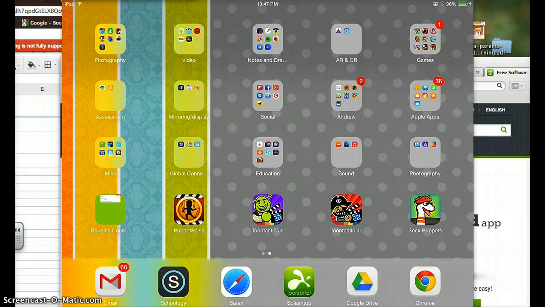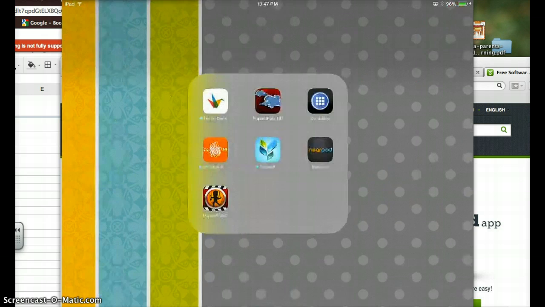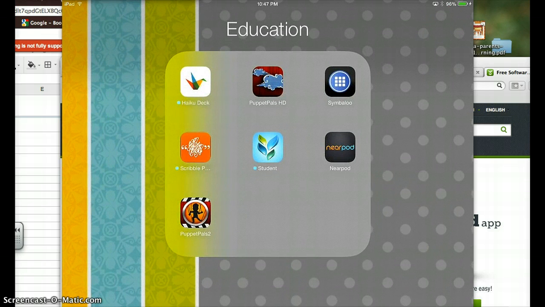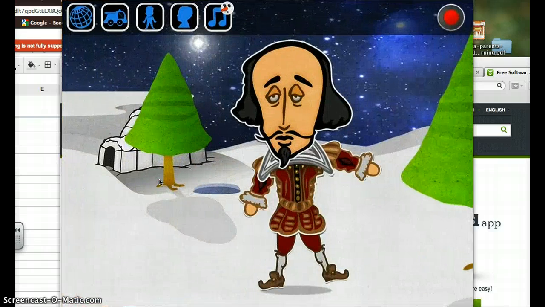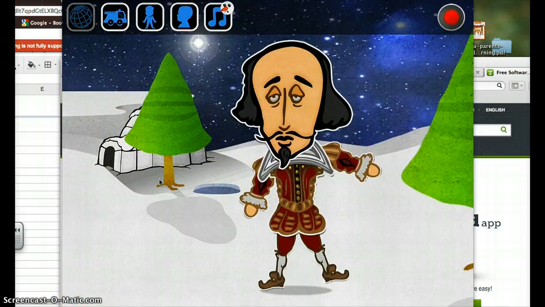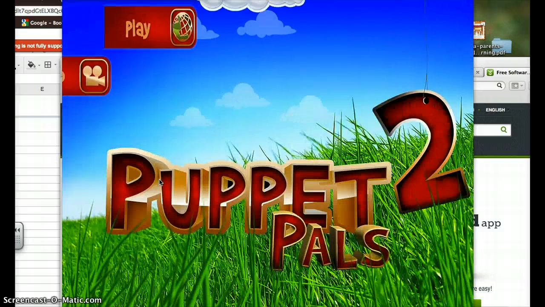It's called Puppet Pals. There actually may still be two versions on some of the iPads because I haven't gotten around to updating both of them so that the free app comes off. The free app has sort of a silver circle around it, which you can kind of see here. The free app is the silver one. The paid one has a sort of gold ring around it. And actually, let me go back here and start over so you can see